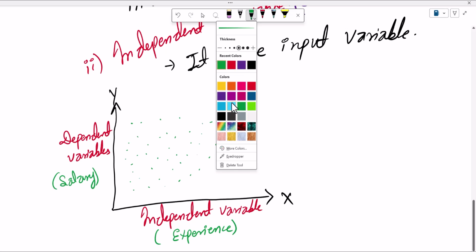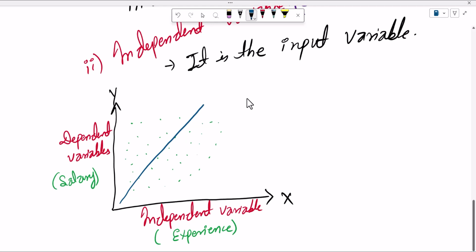So we may have a straight line. This line is known as the line of regression. This is simple linear regression. There may be multiple linear regression as well. So the basic thing is that